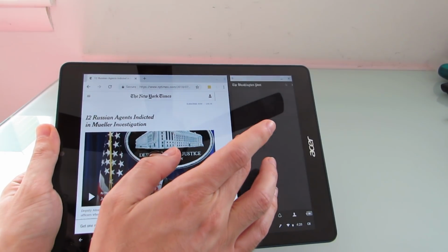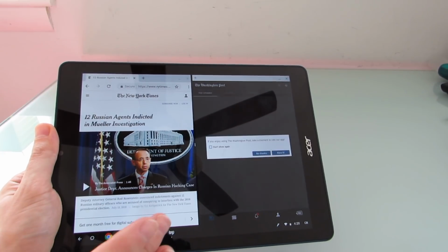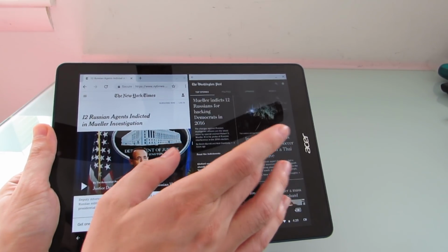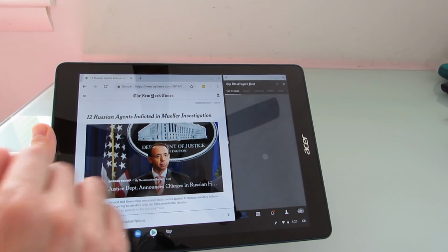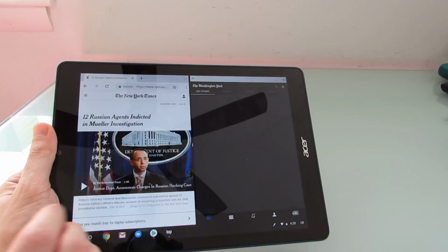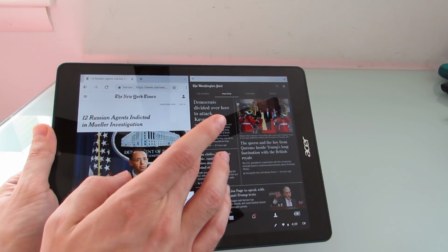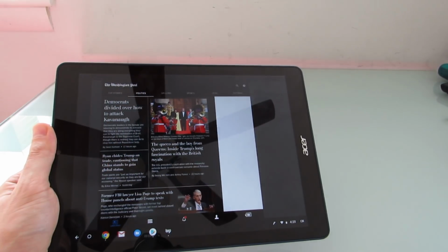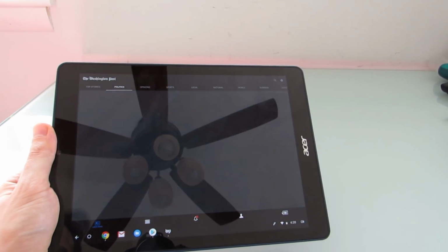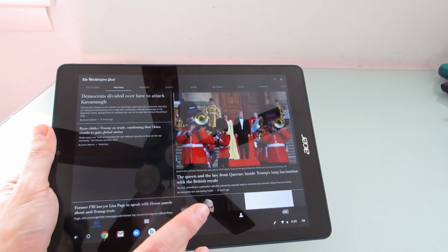And I could also resize it to some degree. Not all apps support resizing, but some do. And that's one that I knew would work. And not all applications necessarily run in split screen mode either. Sometimes they'll just want to take up the whole screen. Now we can flip back to full screen here pretty easily just by dragging it over. So that's a little bit of multitasking, split screen,